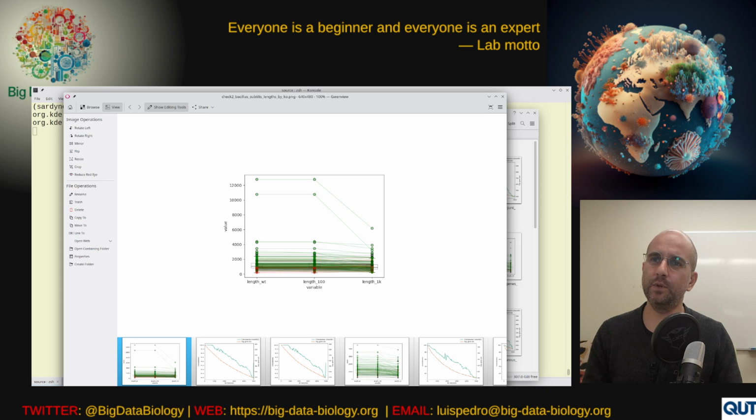We had done these plots where each of these lines is a particular KO, and this is the gene length in the wild type strain, after 100 mutations, and after 1,000 mutations. You can see there's quite a big drop, and this is the effect we've been trying to capture: because there are mutations, there are interrupted genes, and so their gene length should drop.